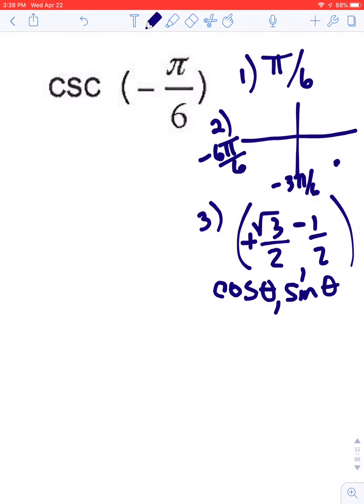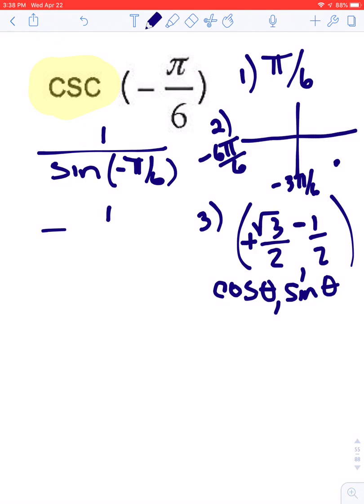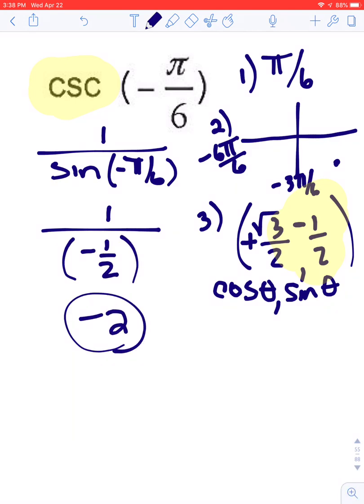I know the cosine of it and the sine of it, but they're asking for the cosecant. Remember, the cosecant is the reciprocal of the sine. So the sine is the y coordinate, which is negative 1/2. The reciprocal of negative 1/2